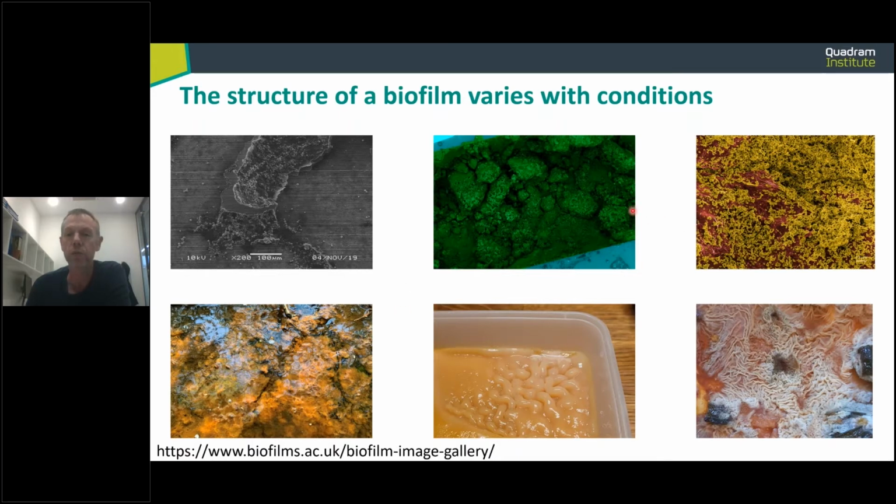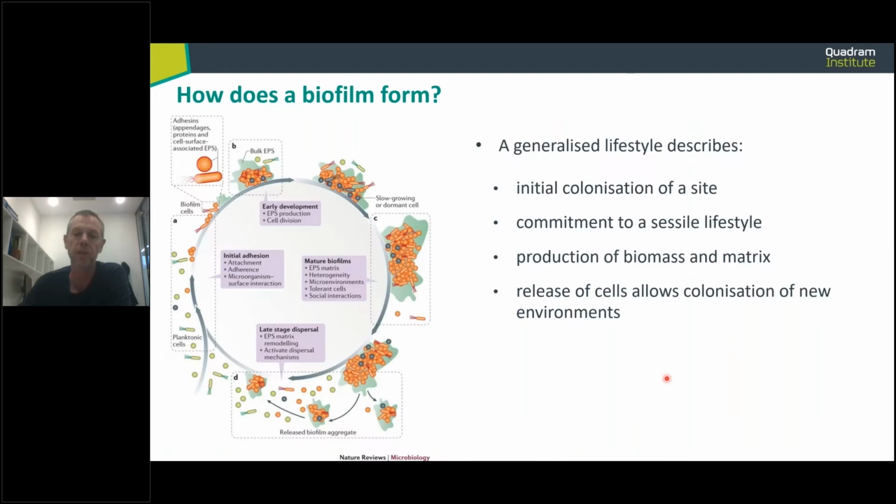You have a couple of clinical biofilms. This green picture is the inside of a catheter that's been encrusted with biofilm and completely blocked. So this is bacterial biomass inside a catheter. And in the top right, the yellow cells are bacterial isolates in a porcine wound model infection. You see the bacteria covering the wound. And then these last two examples are food spoilage biofilms. We have examples of biofilms growing on, I think, a butternut squash soup, and on a piece of chicken. So different biofilms will form in different contexts. The structures will be very different, but bacteria are very good at forming biofilms.